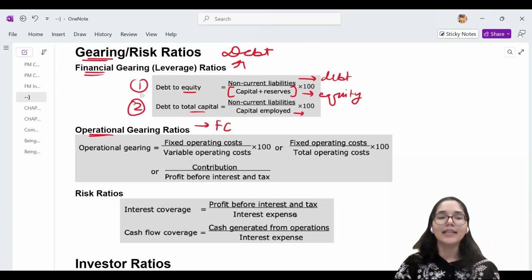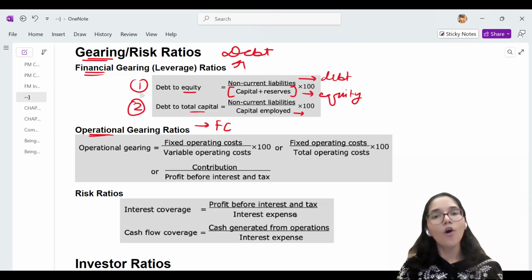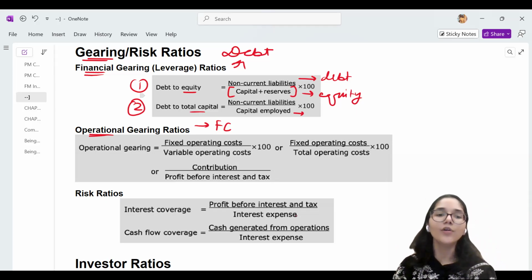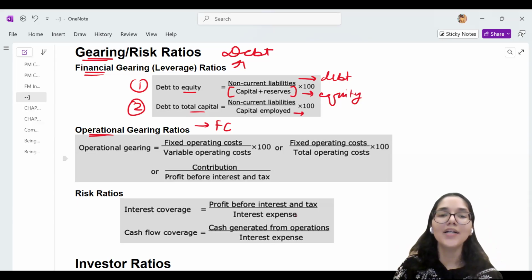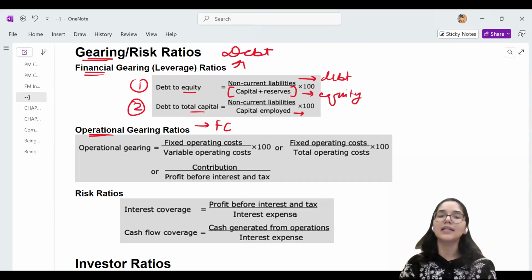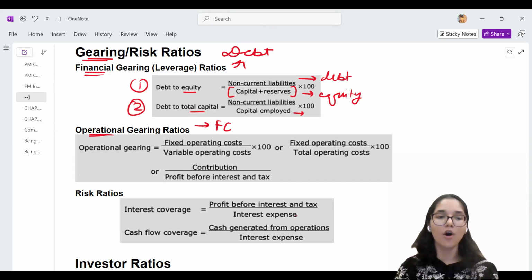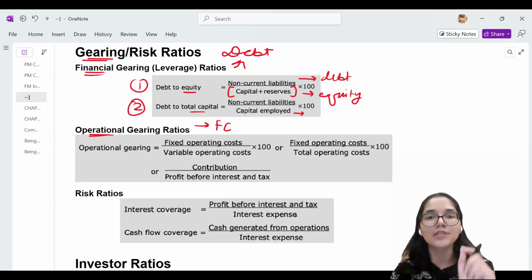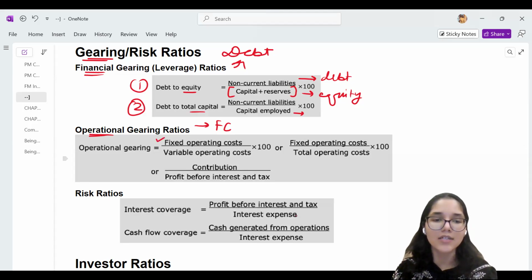Then the next category that we have within the gearing category is the operational gearing ratio. Like I told you, operational gearing means how much is the proportion of our fixed cost in comparison to our total cost. For operational gearing, there are three formulae. You can use any of these three unless they have clearly told you in the question which one to use. All of these three formulae will be marked correct if nothing has been mentioned. But if they have mentioned that you will use a particular formula, then only use the formula which they have mentioned in the question. So operational gearing is calculated as fixed cost upon variable cost.